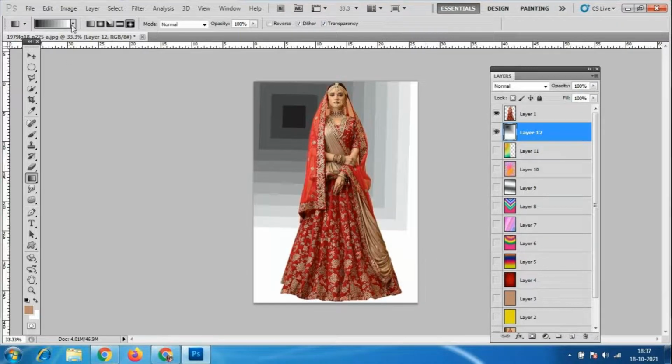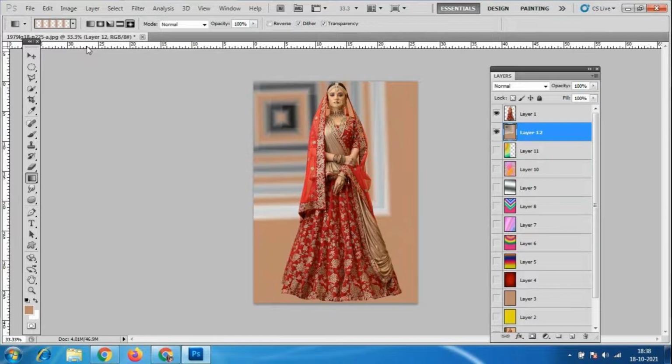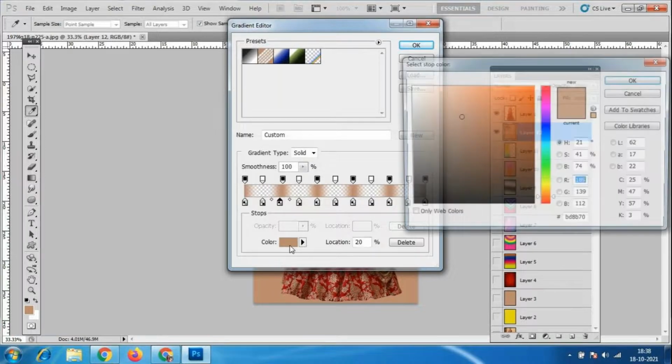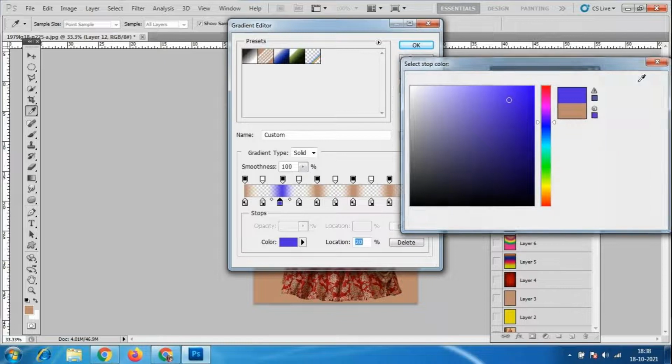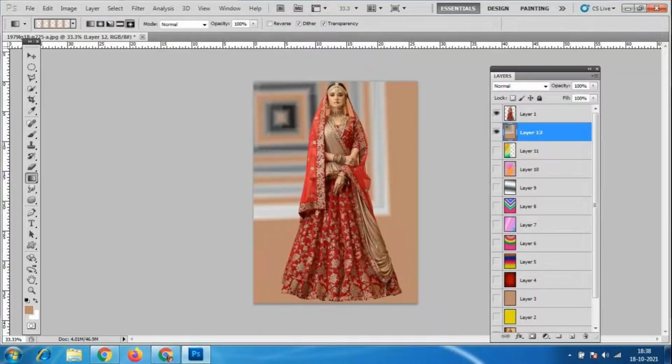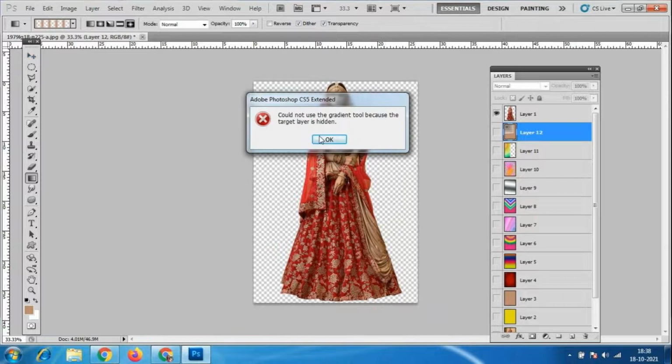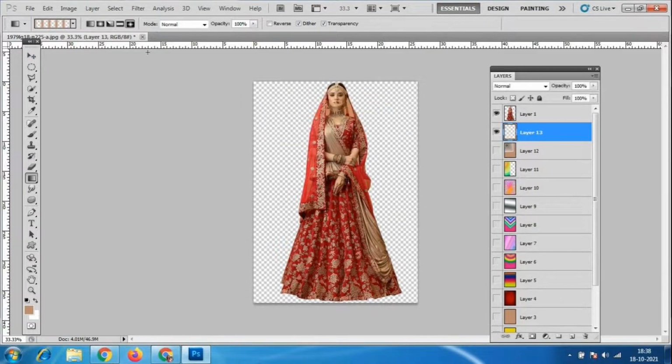Here we have one more gradient like this, which has transparency in between. The color is there, next the transparency, then color, transparent, like that. We can change the color also in between. Whatever colors we want, we can select and add, and it will change. I'm not adding any colors. Please apply it, otherwise I have to take a new layer.